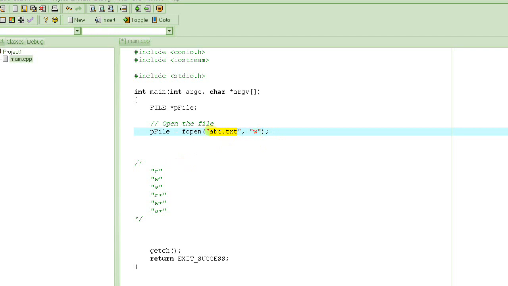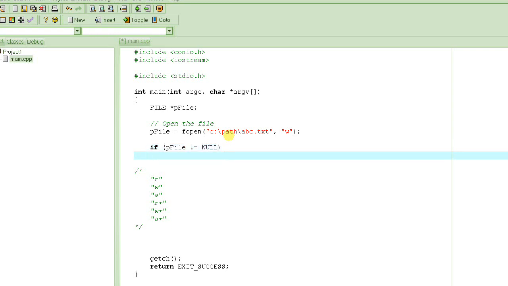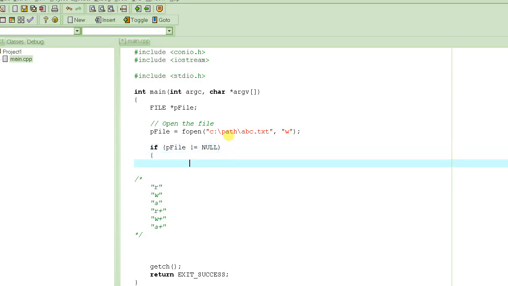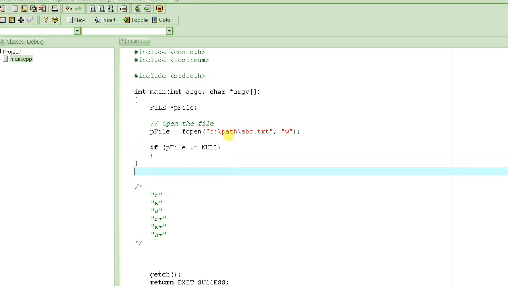But for whatever reason, for example, suppose you specify a path here that does not exist. In my computer, there is no path called path. So this path does not exist. It will fail in opening the file, and then it will return a null. So it's a good idea to check to make sure that the file is not null, and this is how you do it. So before you do anything